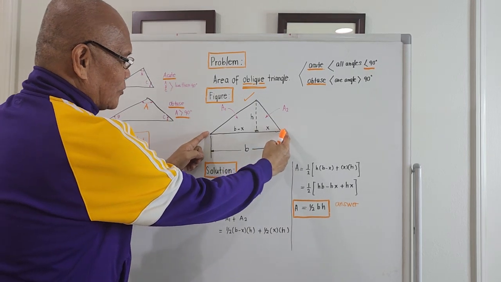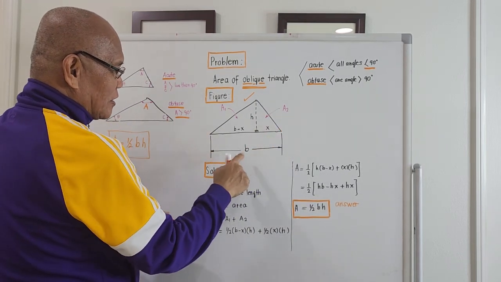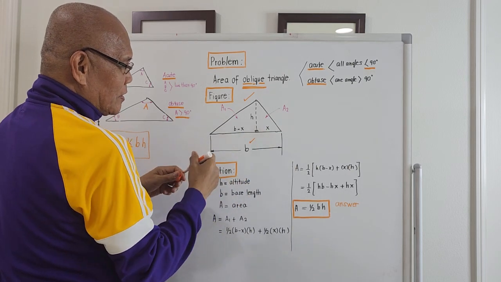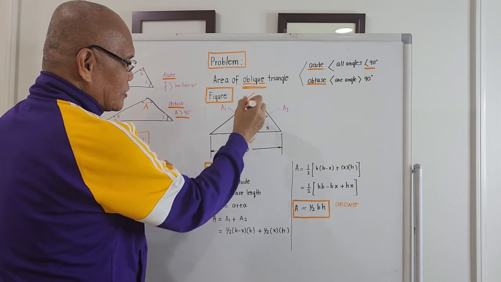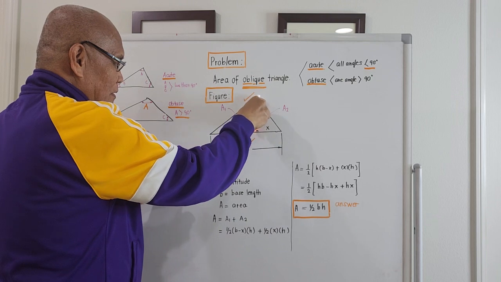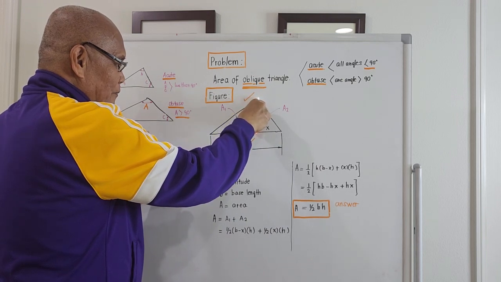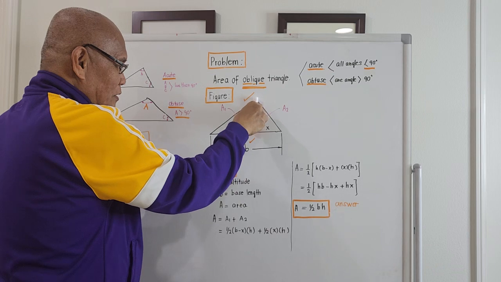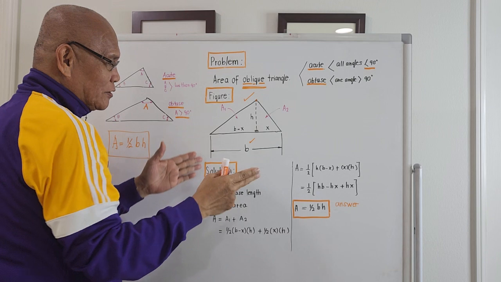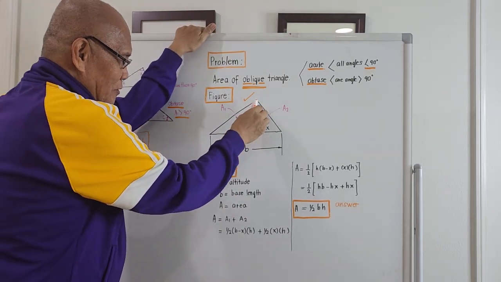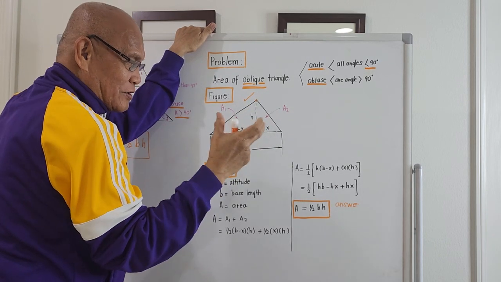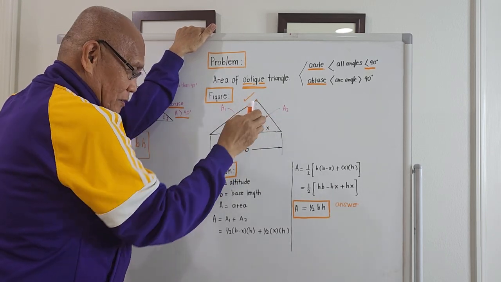This is the total length of the base. I will designate that as letter b. And I will designate this portion here. Because from this vertex here, I drop a vertical line, meaning this is a perpendicular line. If this is horizontal and this is vertical, this should be 90 degrees and this should be 90 degrees. So after dropping the vertical line, which contains the vertical height, what comes out